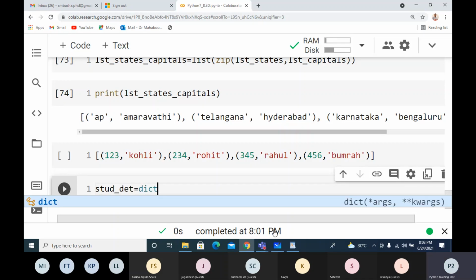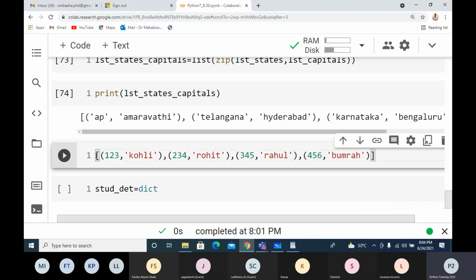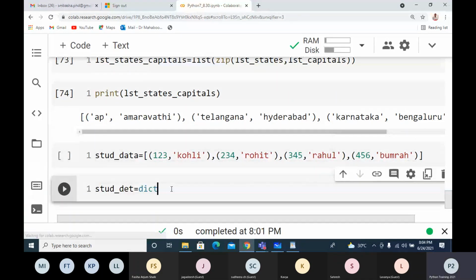This we have seen. Sorry, this I have to assign to a list of tuples. So I'll say student data. I have it this way. Now the student data, I want to convert into a dictionary. Simply I can say dict of student data. So I'll get the dictionary.